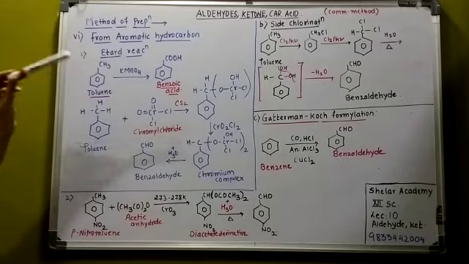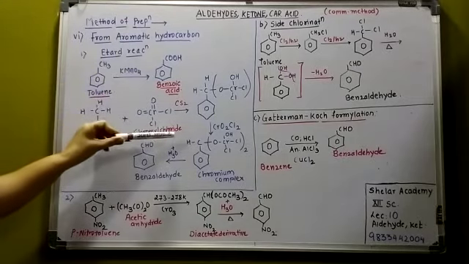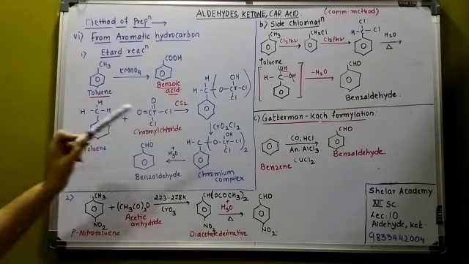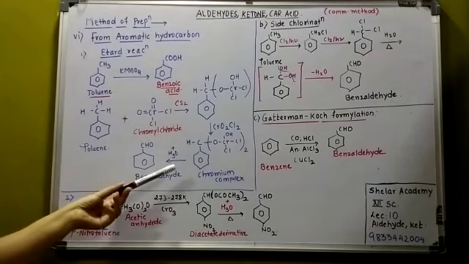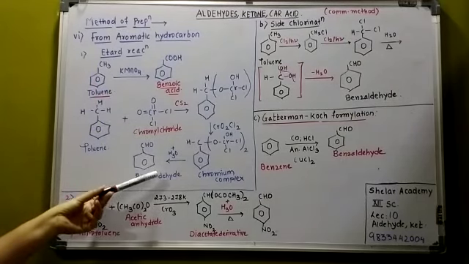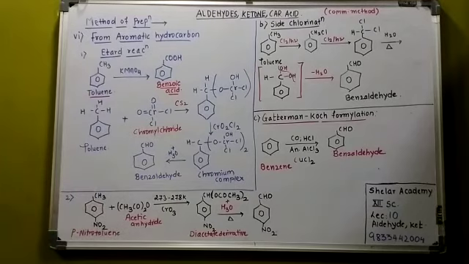Now it contains one more replaceable hydrogen. So again we react with chromyl chloride and then this is what you get. This is a chromium complex. Now this will be very difficult to be oxidized further. So we hydrolyze it in the presence of H plus and then it is converted to benzaldehyde. That is the Etard reaction. Okay, it's a name reaction. The use of chromyl chloride. A very interesting reaction I could say.